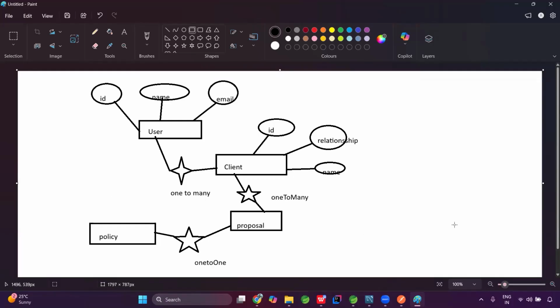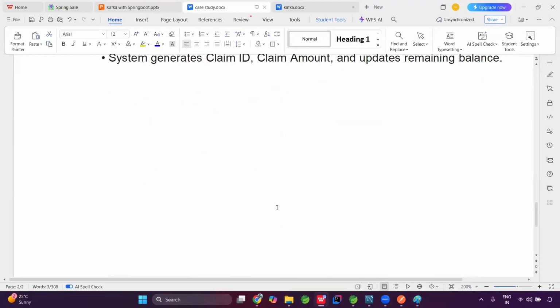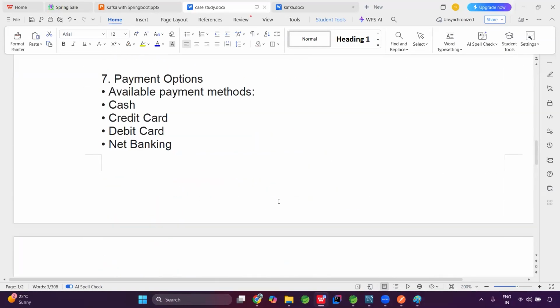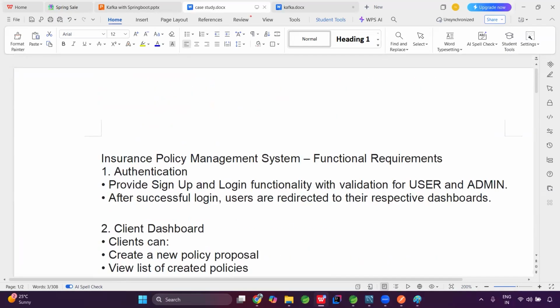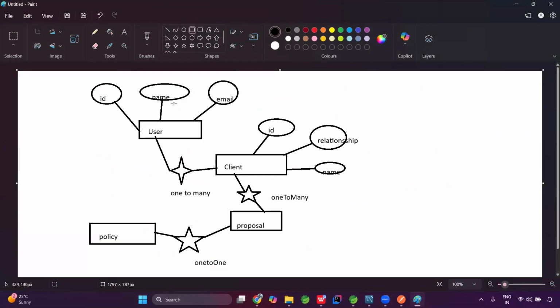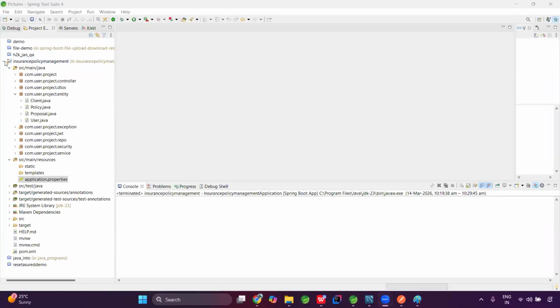Okay, so again, the user will be there. The user has roles also, right? Again, we will have a role, because there can be a user role and there can be an admin role, right? So like that, you can create n number of entities. So first, when you get the requirement, you always need the ER diagram with the attributes. Now we have to create the entities, right? But before that,